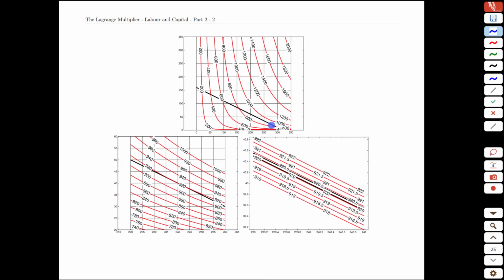To round this example out, let's take a look at a graphical perspective on it now. We have our constraint, which is that our budget, 10 times the workers plus 20 times the capital, has to add up to $3,200. And notice that forms a straight line if this is our W versus K graph. So what we could do here is measure the quantity produced, which is the number on the contours. We can see as we get larger and larger numbers of workers and capital, we get more and more production, highest level up here around 2,000. But because our budget keeps us down here, all we can do is maybe produce 200 or 400 or 600,